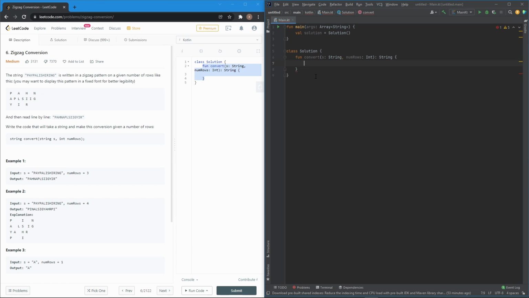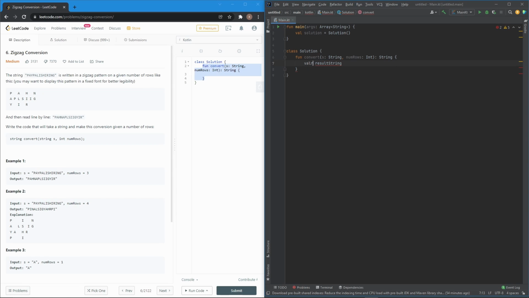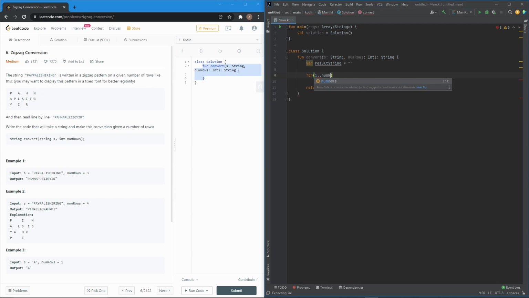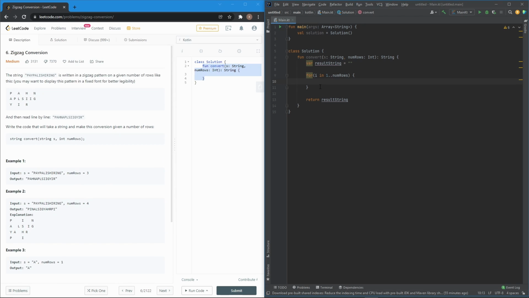So we're going to bring that over. We're going to make a result string. And this is going to be a var because we're going to keep appending to it. And we'll definitely return it. But in here now we're going to want to loop through for each row. So for i in 1 to numRows, and we do know this is going to be at least 1. So we're going to need these values